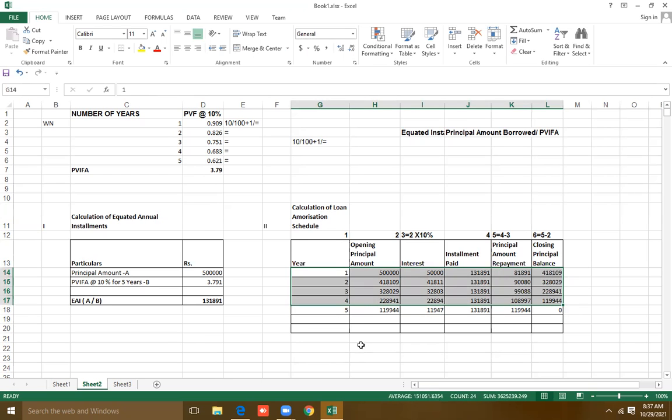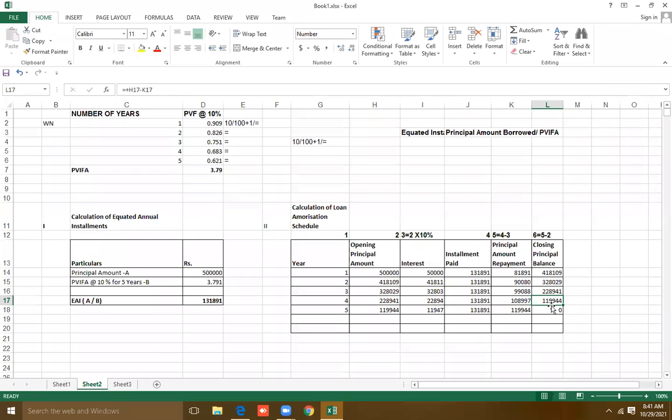Don't do it for the fifth year. A small change will be there in the fifth year, which you will understand. Till the fourth year the procedure is the same, so do it fast. Okay, so till the fourth year you have done 1,19,944. The fourth year closing balance will become the opening balance for the fifth year. Clear? Now understand this part properly.